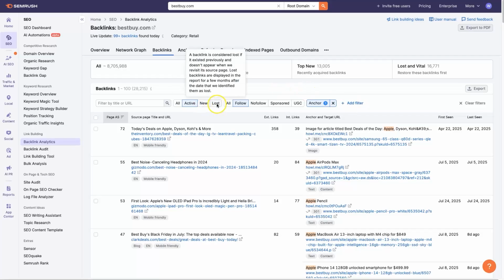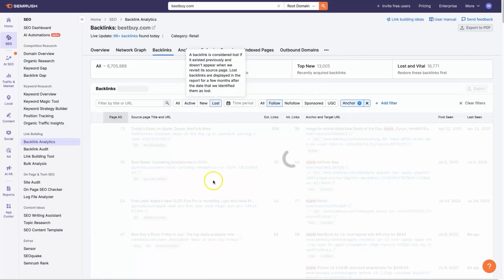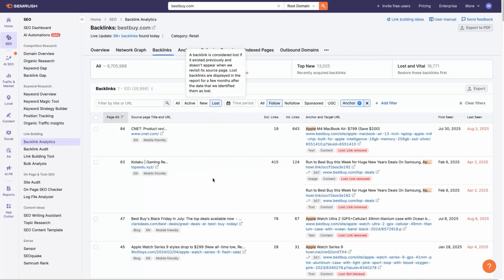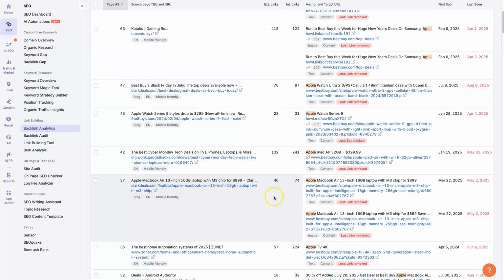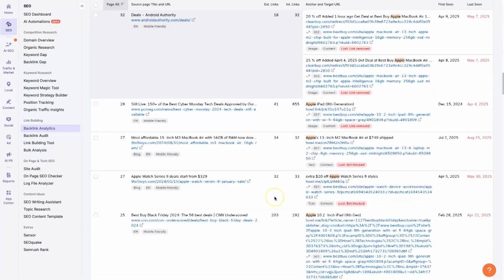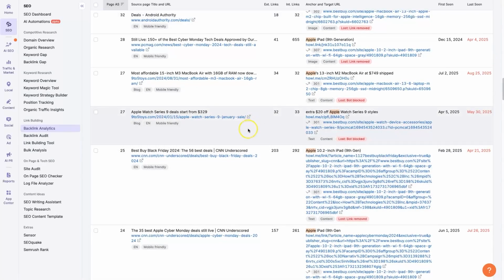we lost backlinks recently? So we could switch this over and say, okay, where has maybe Best Buy lost some backlinks related to Apple in the recent past? And maybe we'll reach out to these companies or these websites and say, hey, I noticed you were linking to this product over here. Would you mind linking to our product instead? Or why did you stop linking to this product? Or whatever it is. This lost backlinks is a gold mine for opportunities to dig into backlinks that have changed